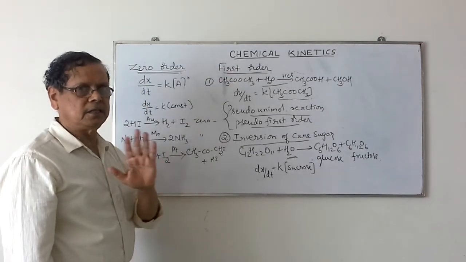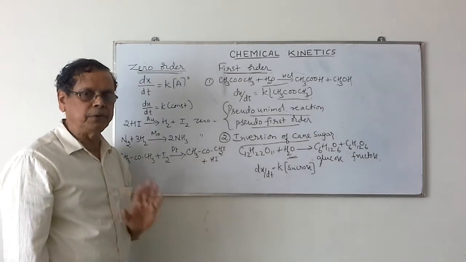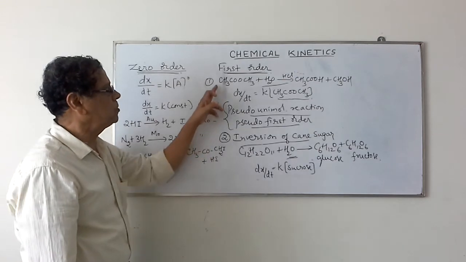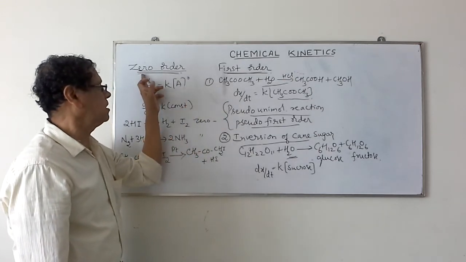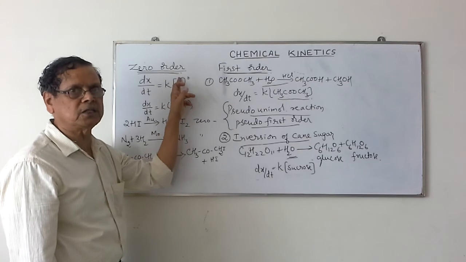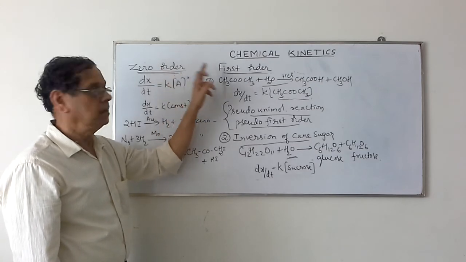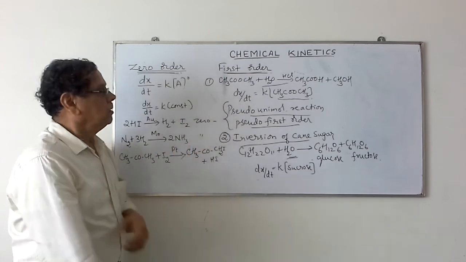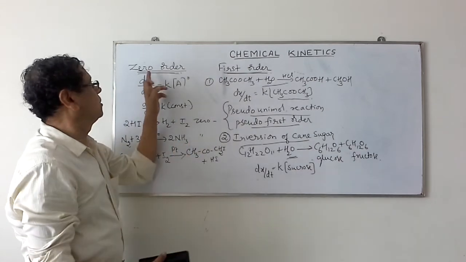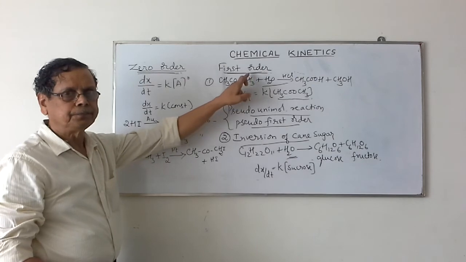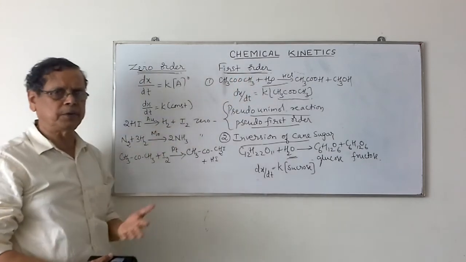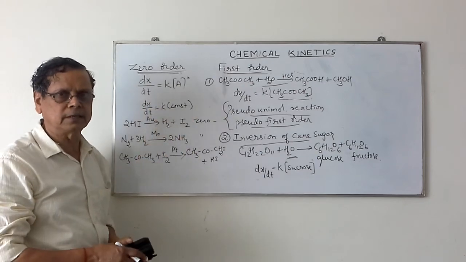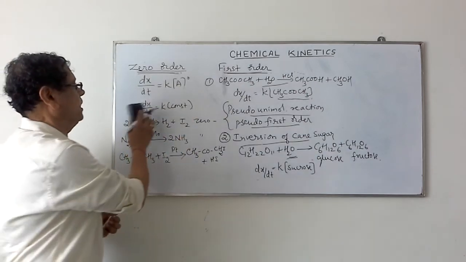As far as second year PUC, or the 12th standard syllabus, is concerned, you are supposed to study the derivations of the velocity expressions for zero order and first order reactions. Now when we consider zero order or first order reactions, you have to derive the expressions for the velocity constant of zero and first order reactions. Now let us take the first order reaction.